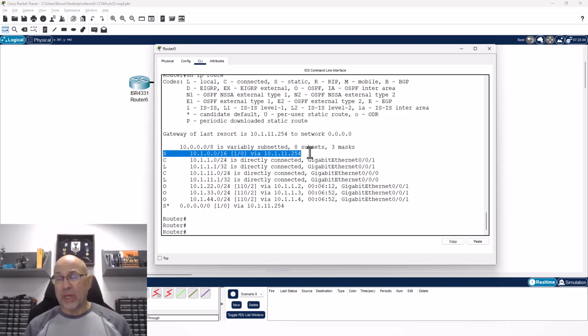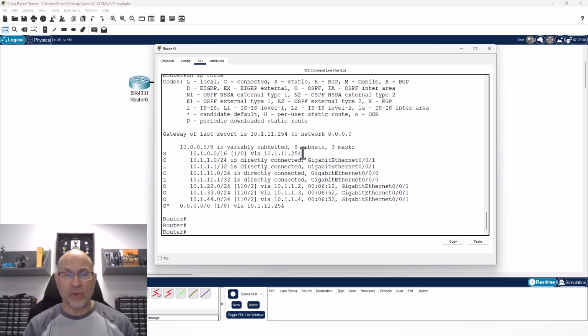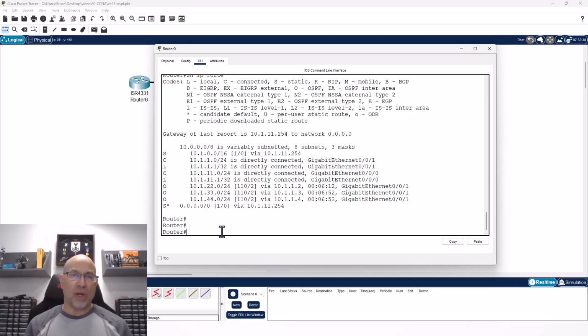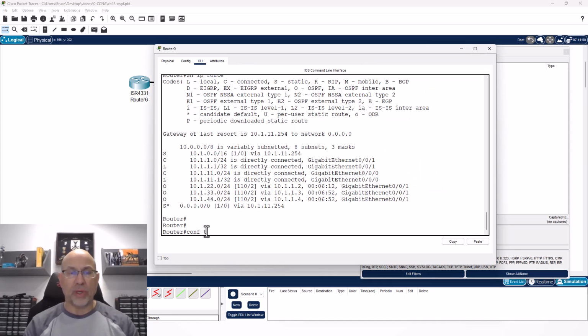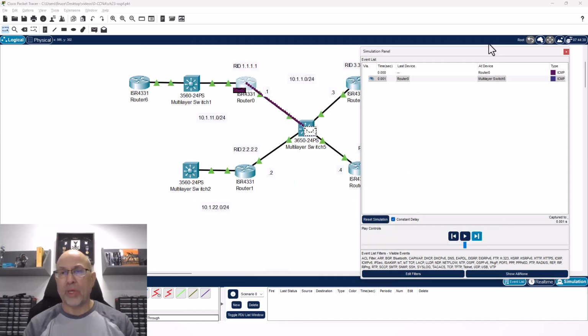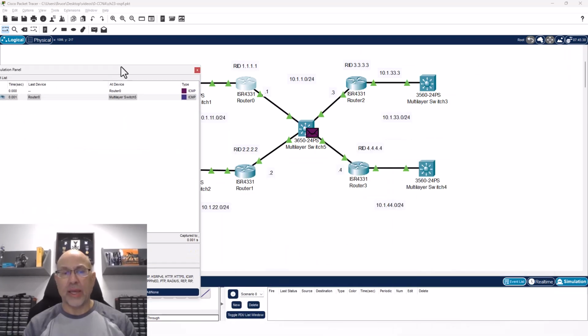Now, if I ping 10.1.33.3, this routing table entry matches. But there's a better one right here because it's a /24. So where previously the static route won because of administrative distance, now the OSPF route is going to win because of the prefix length, even though a static route would normally be better. So again, we'll take a look at our simulation, and I will ping. And we can see that once again, it heads off